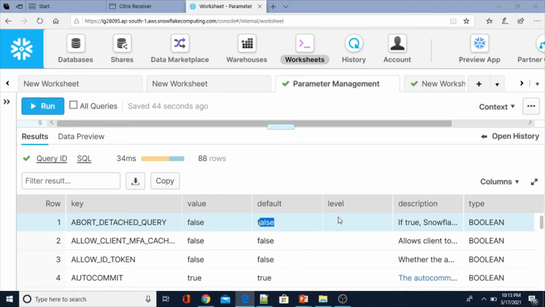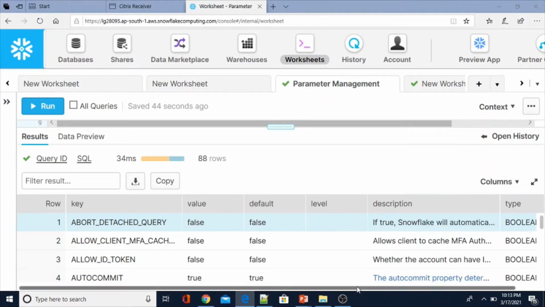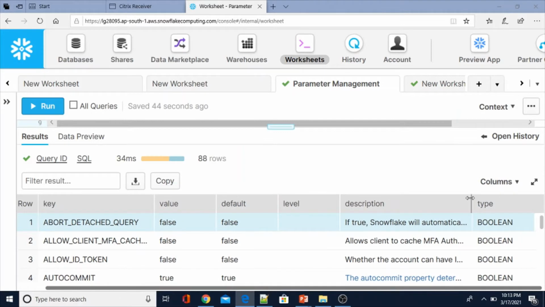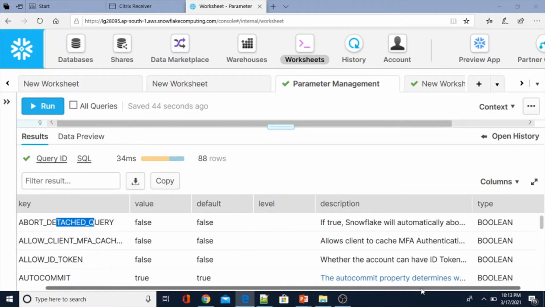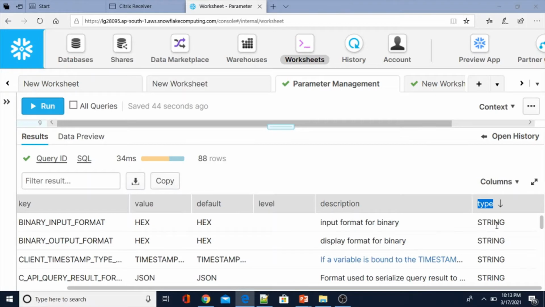If you don't set it, that is the default, and it's not related to any particular account or object. And if you see the description, it tells what the purpose of this particular parameter is.